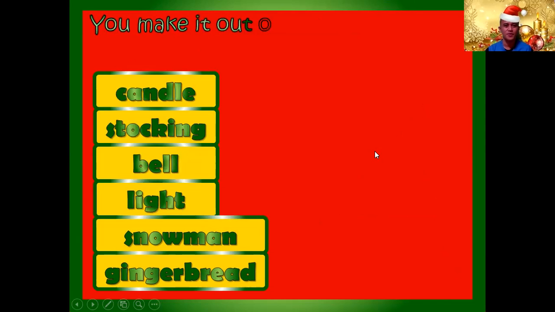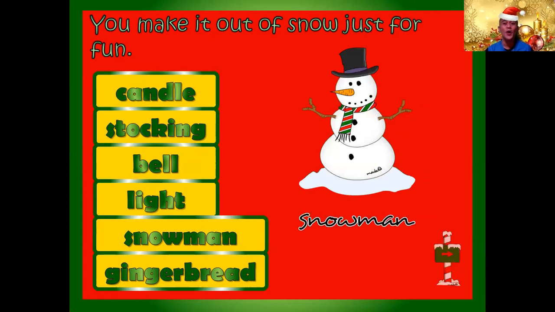Next, you make it out of snow just for fun. And if you have remembered, Olaf is an example of this. What do you call this thing? It's a snowman. This is a snowman.